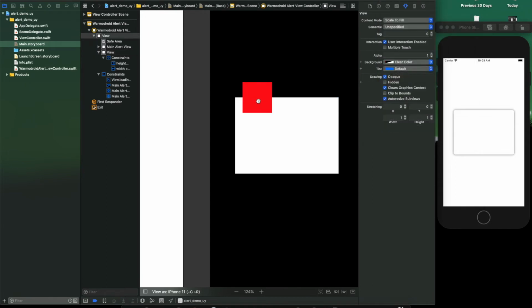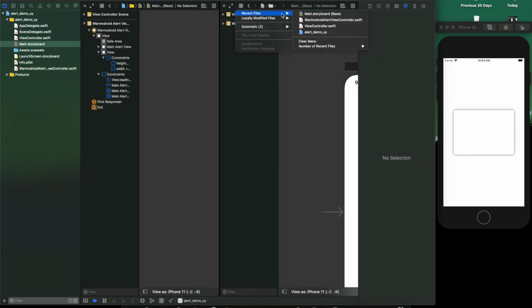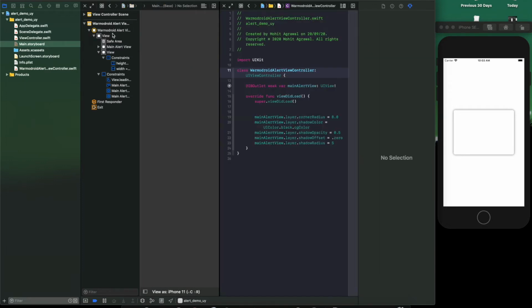Okay, so this view is also ready, and again we have to customize it, and for that we need to create a reference to the alert view controller.